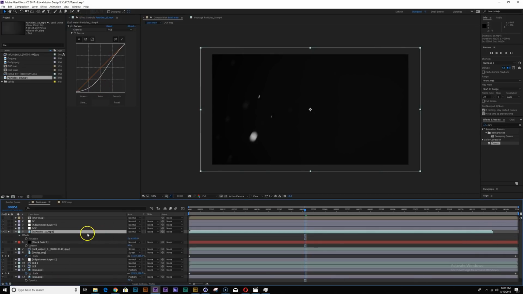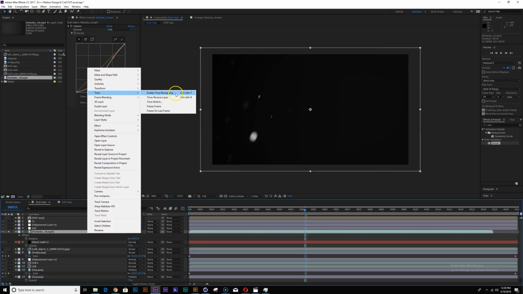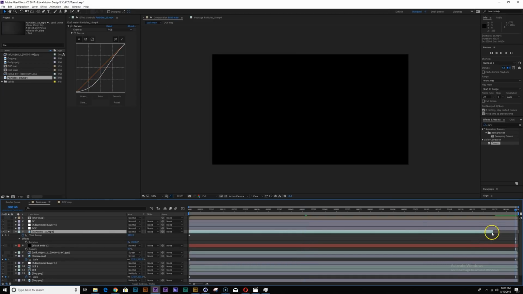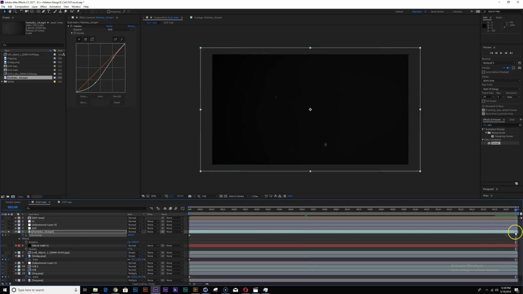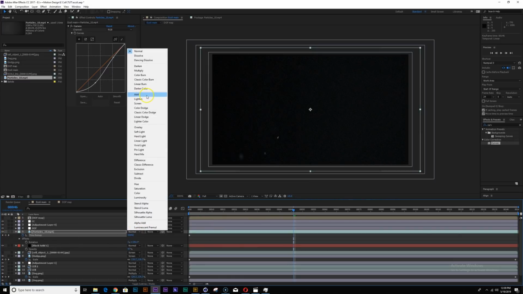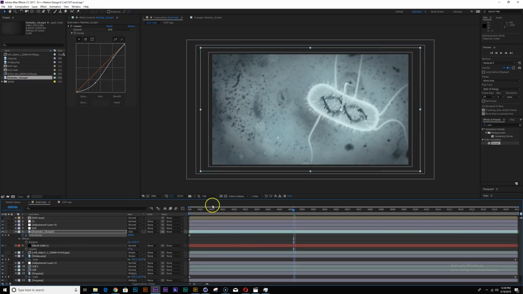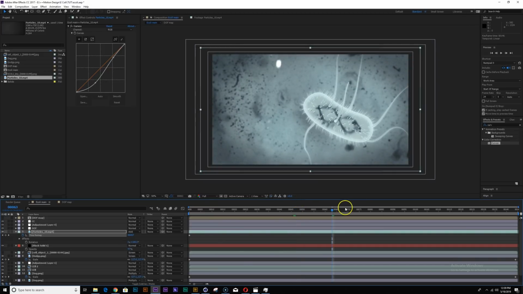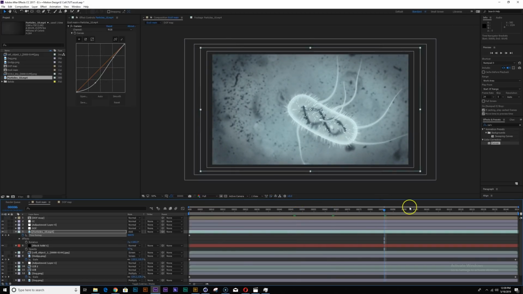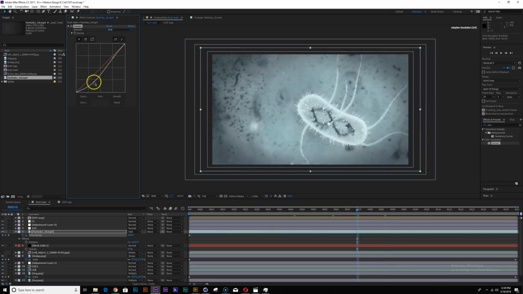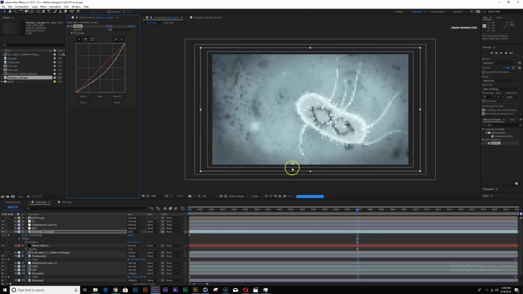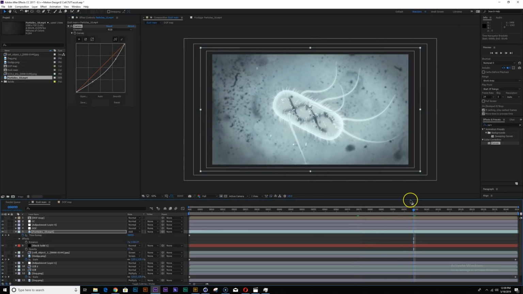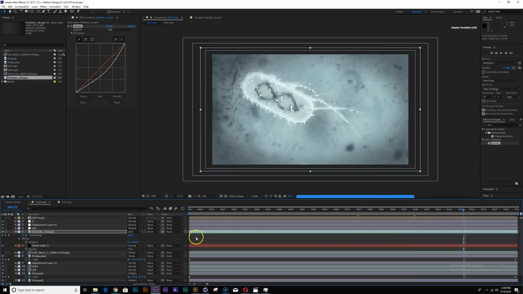And let's go in time and enable time remapping, and make it so that it goes all the way to the end. Okay, and let's add this onto our shot. So it's just something small and subtle that's going on here. So yeah, I mean, that's pretty much the idea.